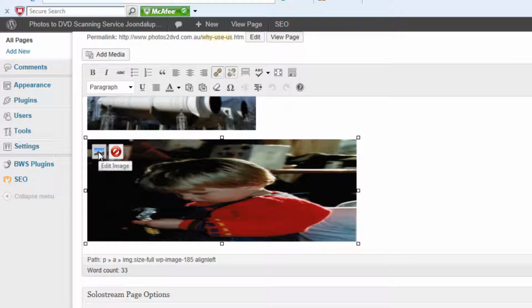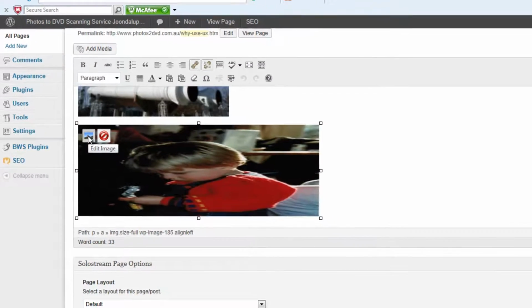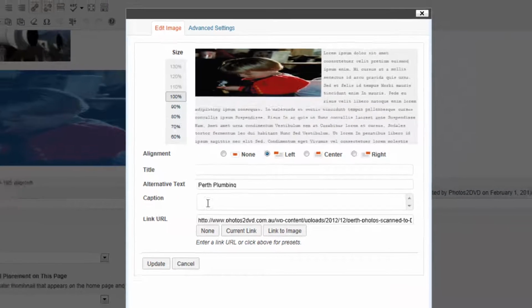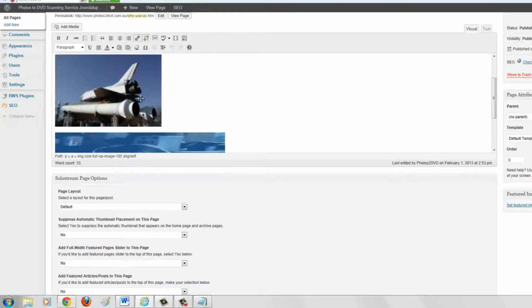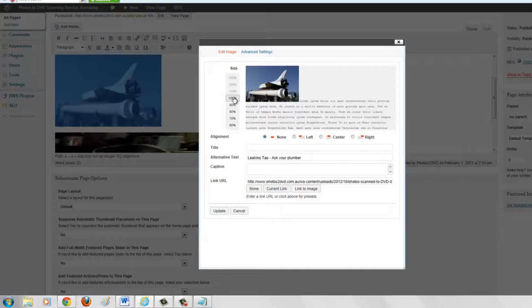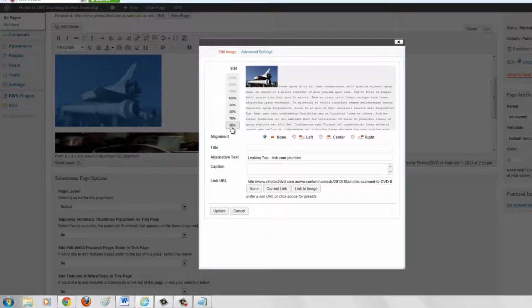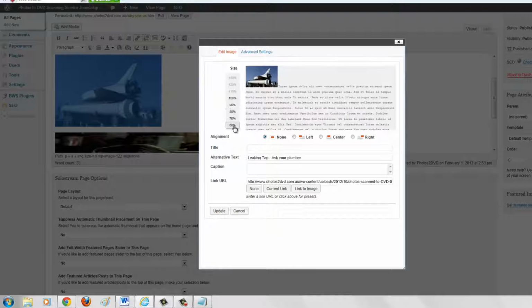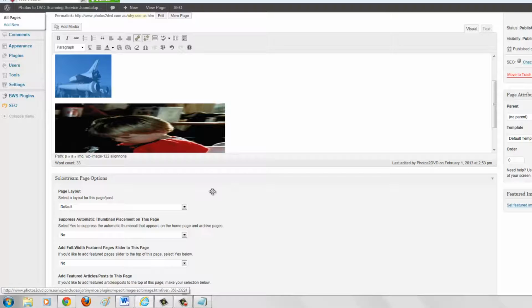If you want more exact control over the image size, if you click here, you'll notice that you can change the size of the image like so. So let me cancel this and let's go to this one here, and we'll change this image by using these controls here. And if you do that, as you can see, that keeps the proportions the same. So if I want an image that was 60% of the original size, click on that, click on update, and as you've seen, in many ways that's safer than using drag and drop, because the proportions,